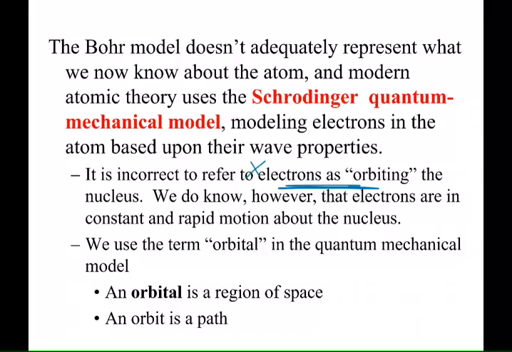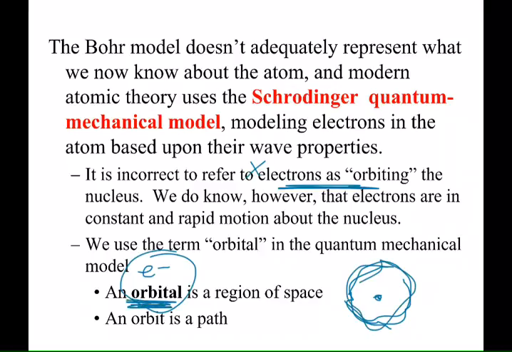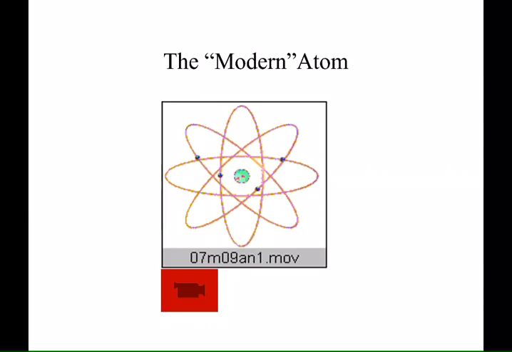The other thing that Schrodinger introduced is this concept, and we're going to talk a little bit more about this, that the electron orbital is a region of space around the nucleus where you expect electrons to be. And I'll warn you that not all orbitals are spherically shaped. I think that's kind of exciting too. So let's see if this video works for us. Maybe.